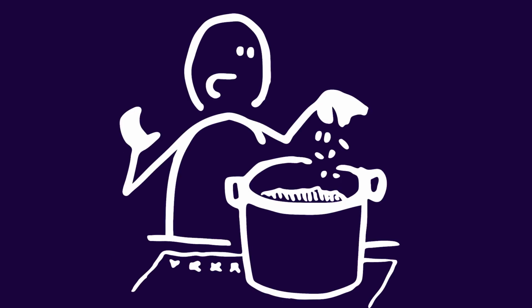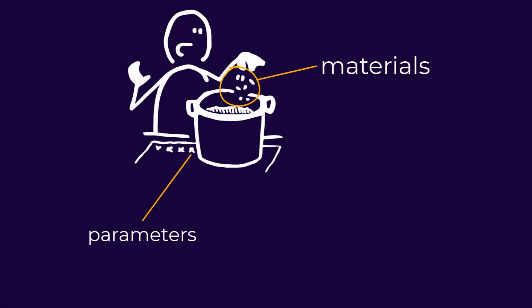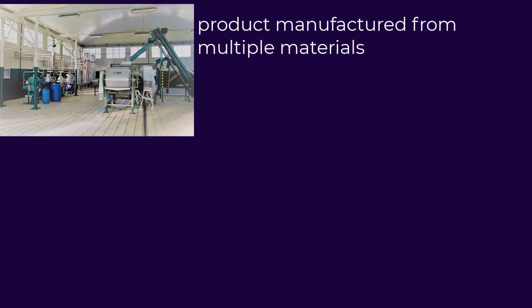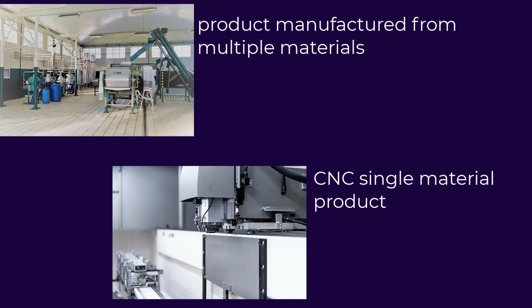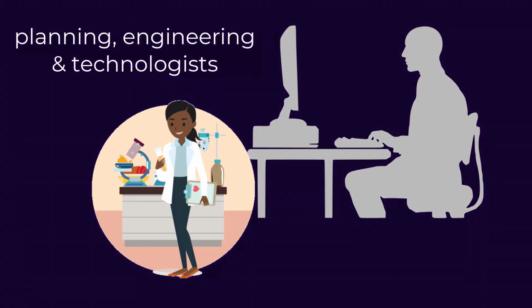Let's begin. Recipes are the basic instructions and ingredients for manufacturing a product. Recipes define which parameters and materials are involved and required in production. Both the parameters and materials differ between products. For example, products based on mixing multiple materials per a known formula in assembly lines will have different definitions than products based on a single material manufactured via CNC machines. It's usually the responsibility of planning and engineering specialists to design and improve the product recipe.